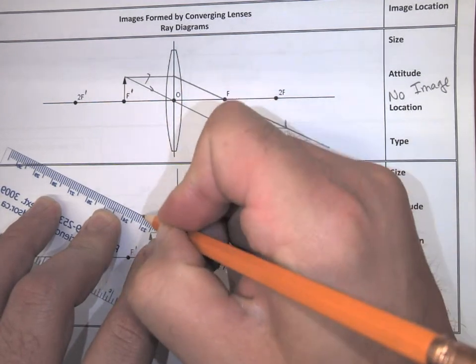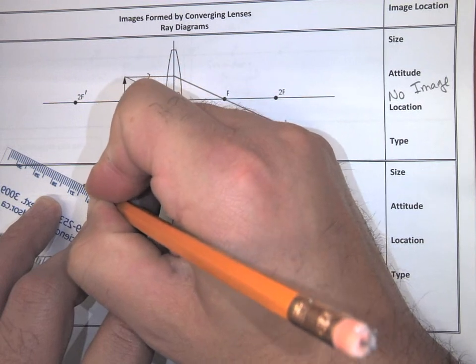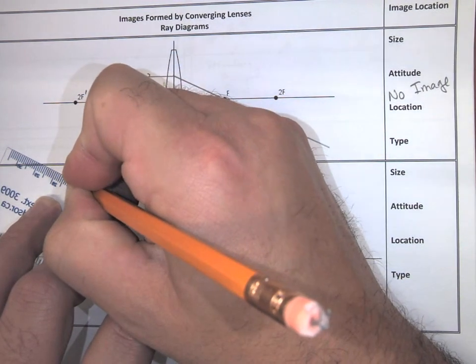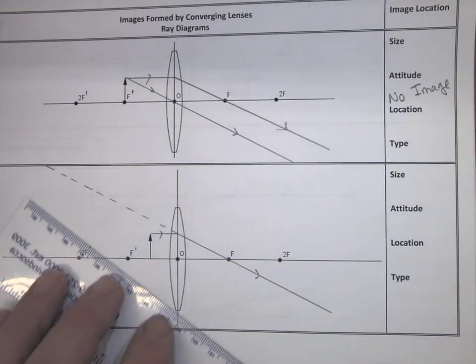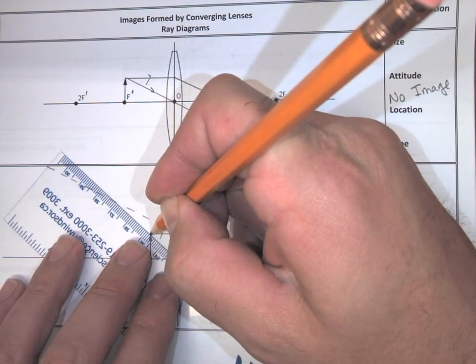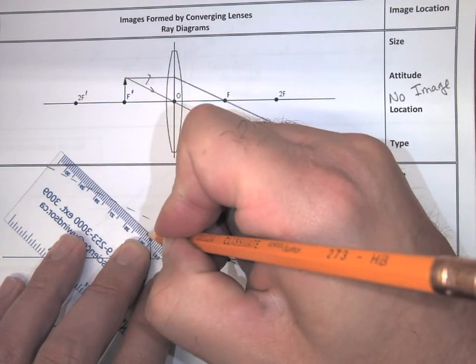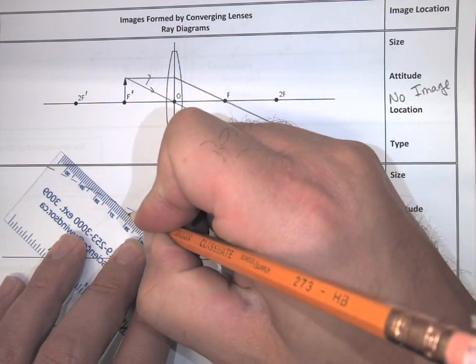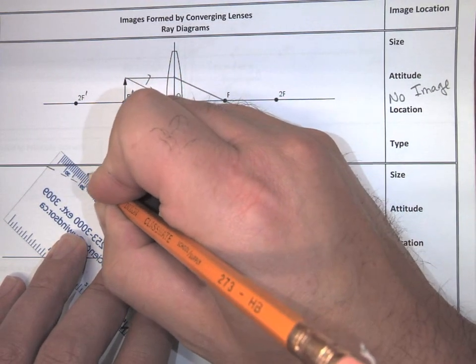So I'm going to extend my refracted ray backwards. Ray number 2 will be drawn through the optical center. So here you can clearly see they are diverging, which is why we are extending them backwards,